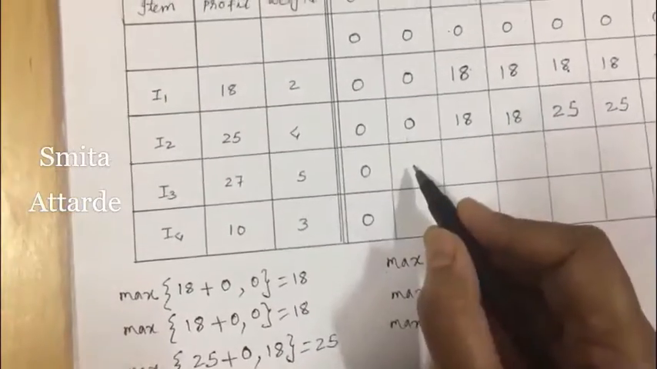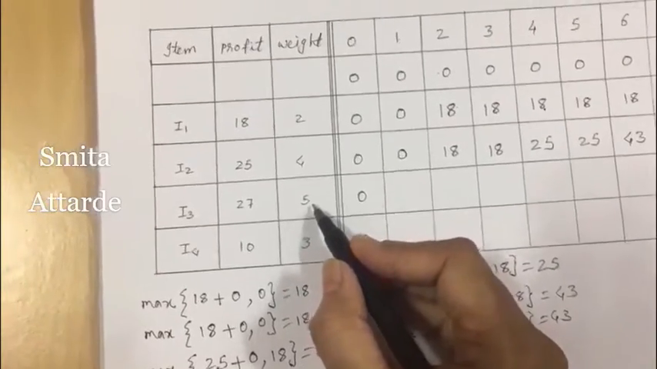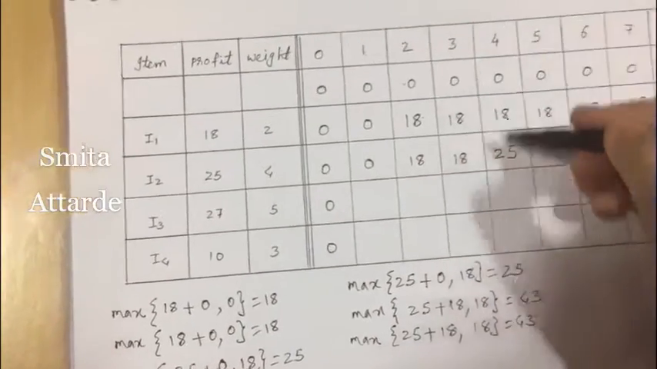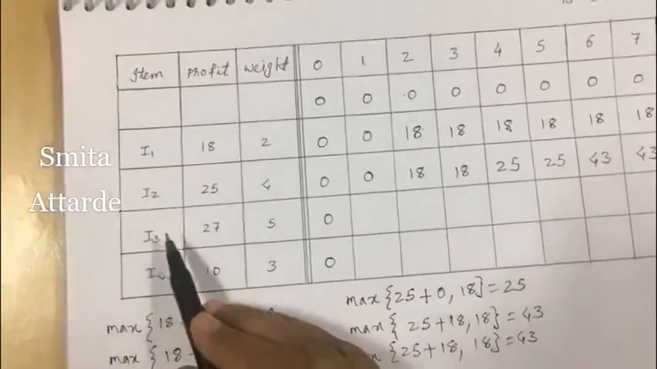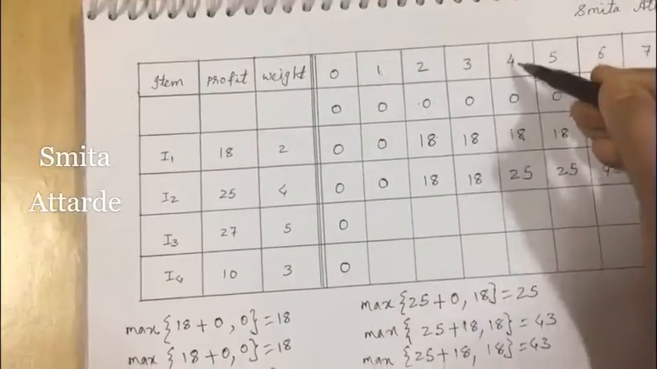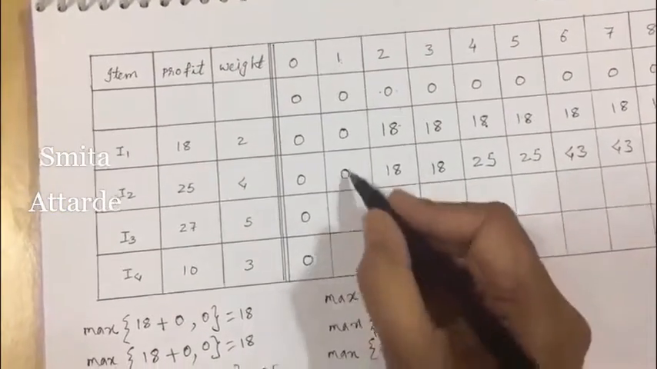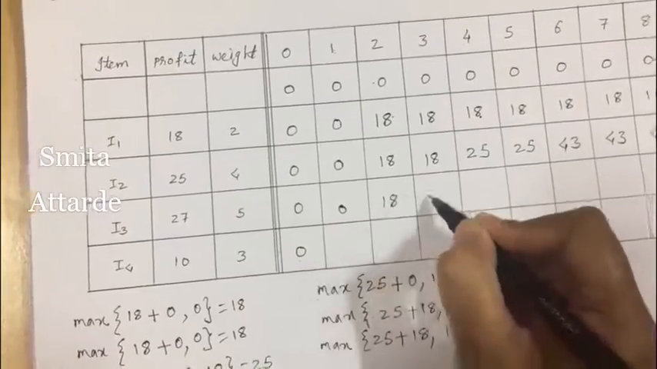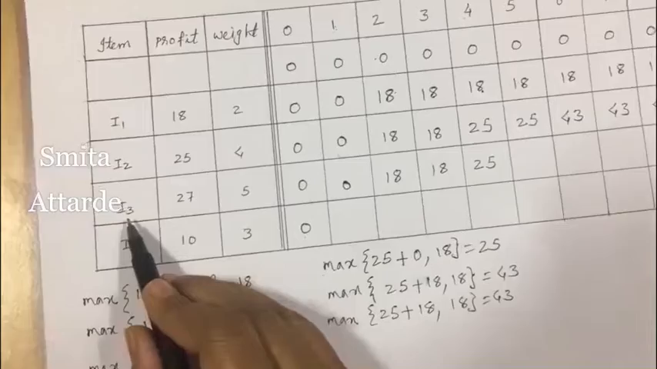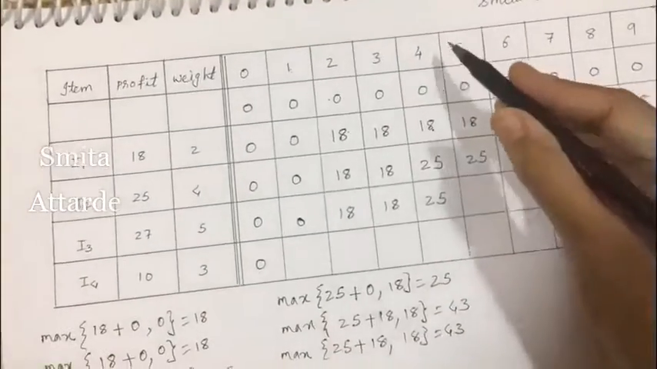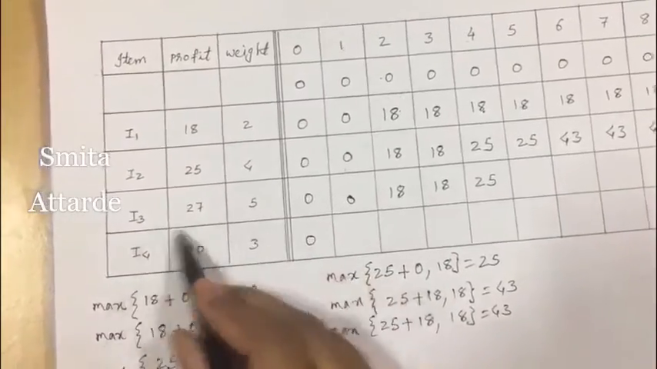Now go to the third item. Again the third item's weight is 5. So for the entries 1, 2, 3 and 4, we are not going to get any calculated profit due to this item. This item cannot be considered till this cell. So these 4 values I will copy from the above row as it is, because we are not going to get the profit due to this item here. Now the next entry is the capacity of the knapsack is 5, weight of this item is 5. So yes, we are going to calculate the